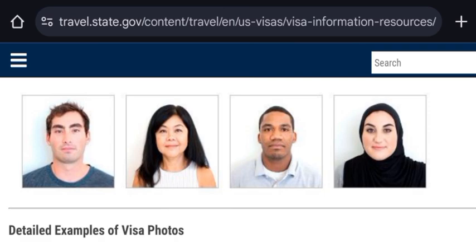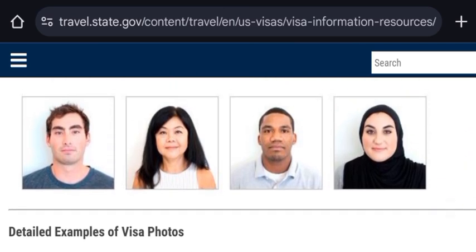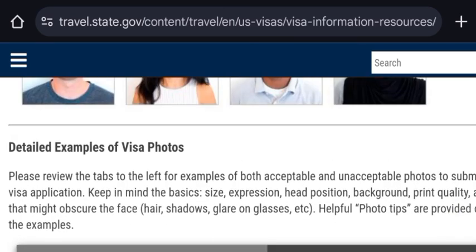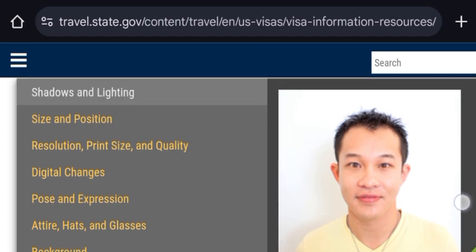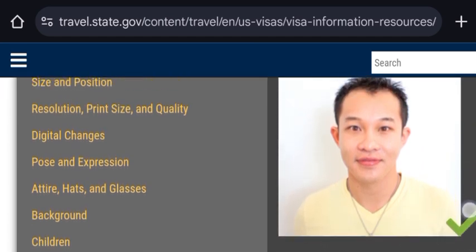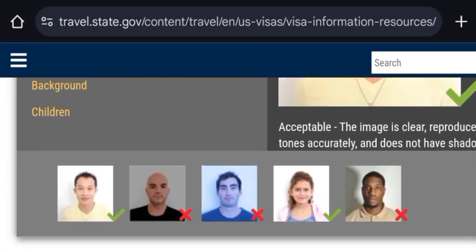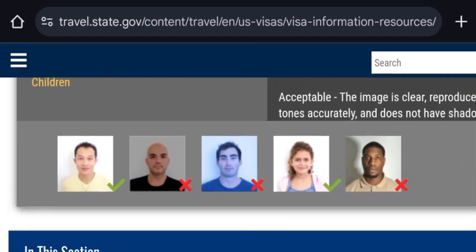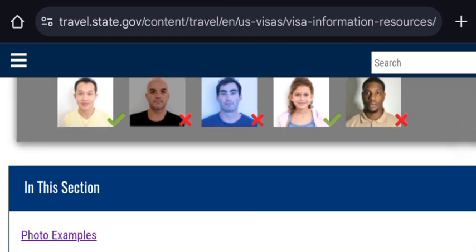Your visa photo must look like this. This is allowed. Down here you have to check all the allowed photos and the photos which are not allowed. You can check.